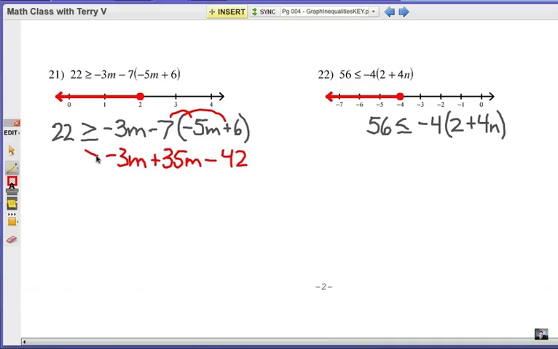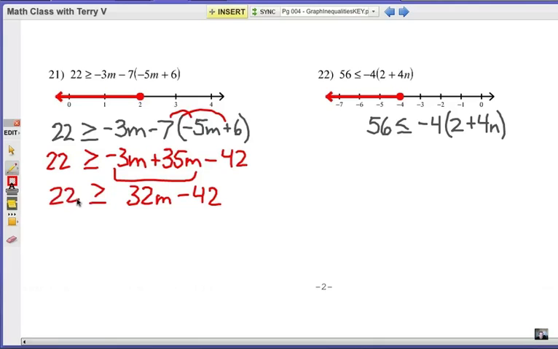Alright, for now, what you're going to do is keep asking yourself, do you change the inequality or not? Remember that the rule is there's only two cases where you have to flip the inequality symbol around, and that's multiplying by a negative or dividing by a negative. And so far we have not done that. Now we're going to combine these like terms here, and that will give me a 32m minus 42 on the right side. And we still have the inequality symbol. Again, it's multiplying or dividing by a negative. Here we've got to add 42 to each side. And that will give us